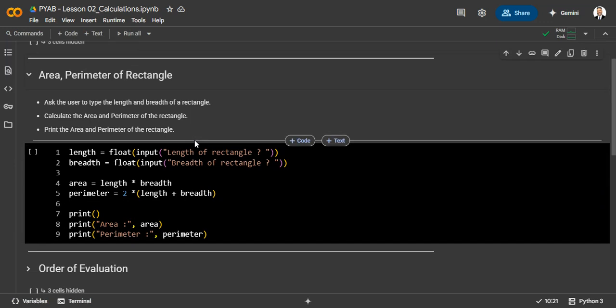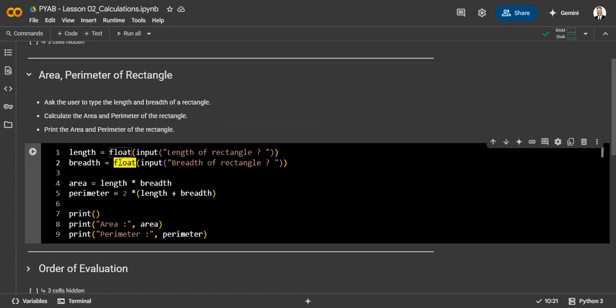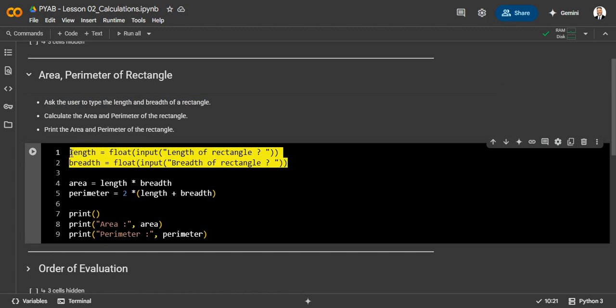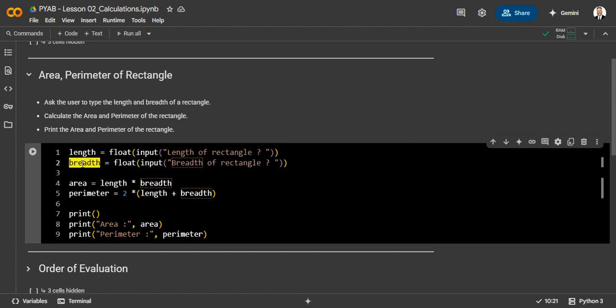So it's a small program that asks the user to type the length and breadth of a rectangle, meaning basically we have to use the input command. The length and breadth may have decimal places, so it's better to use float. So we got these two lines, length and breadth. There are two variables, one is length, another one is breadth. So we calculate area here